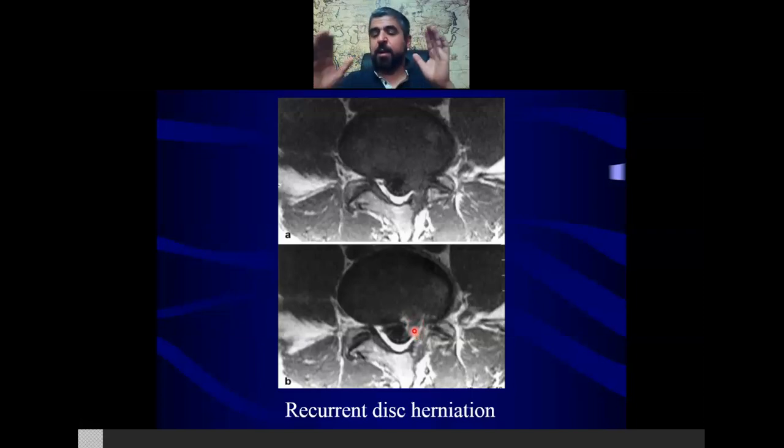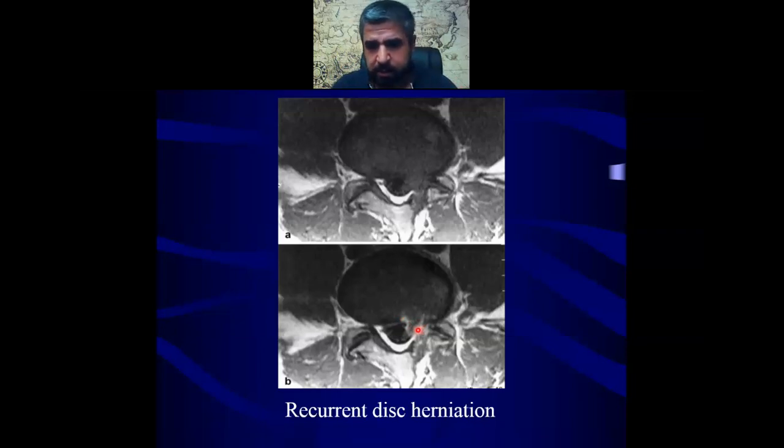Again, we will see a defect in the spinal canal. There is something here. This is the thecal sac, and there is something here compressing the thecal sac and narrowing the exit foramen. Could be fibrosis, especially if less than 6 months, could be scarring or fibrosis, or could be recurrent disc. How do we differentiate? We give contrast. What will the contrast tell us? If we see peripheral enhancement with central non-enhancement, this is disc, recurrent disc. If the enhancement is diffuse and homogeneous,